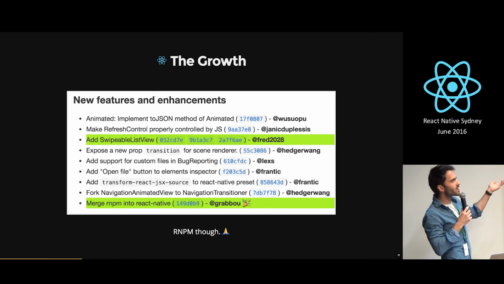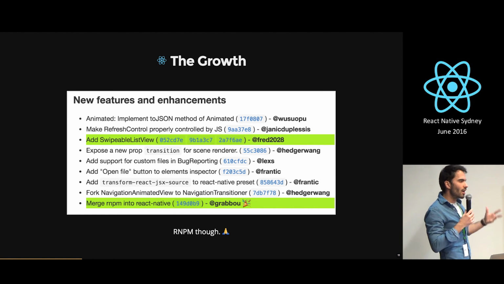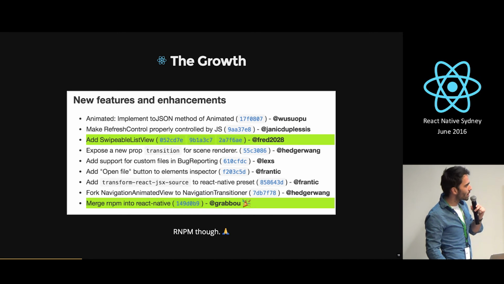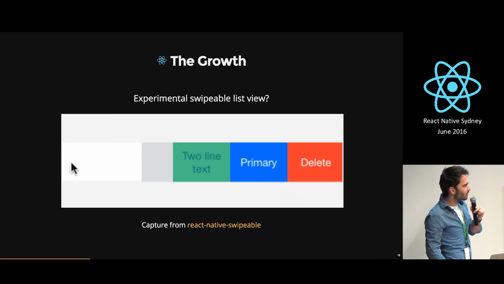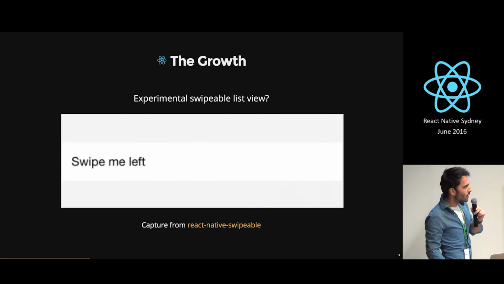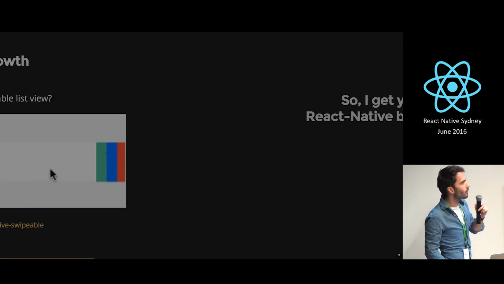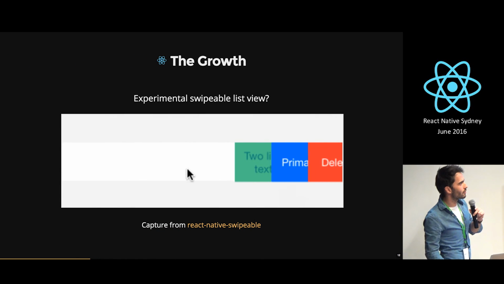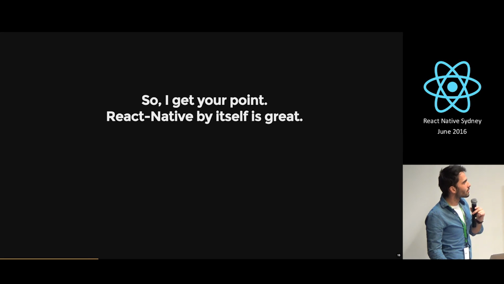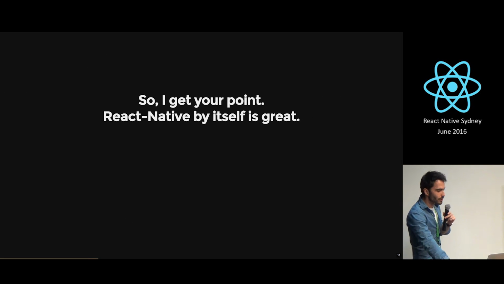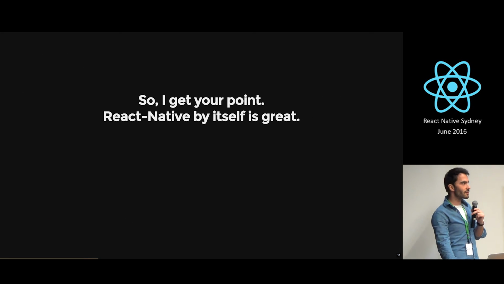Recently, in version 0.27, they worked on the swipeable list view, and it's growing really fast. I think it should look like this one. It's just a capture of what it should look like, and I'm pretty excited to see it. Anyway, that's just a capture from another repository, and I thought it would be similar to this one, so I just put a capture. So yeah, the point behind that is like React Native by itself is really